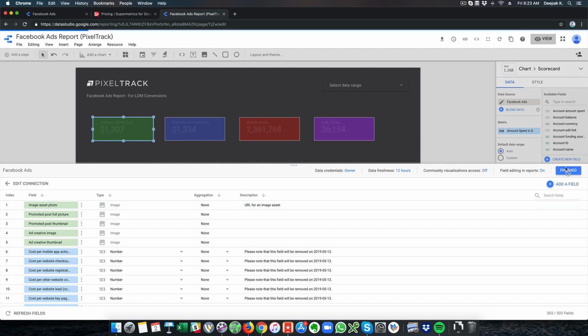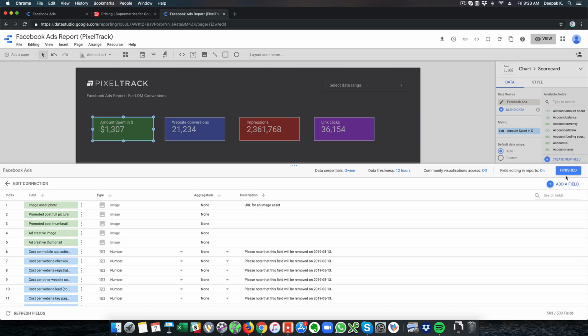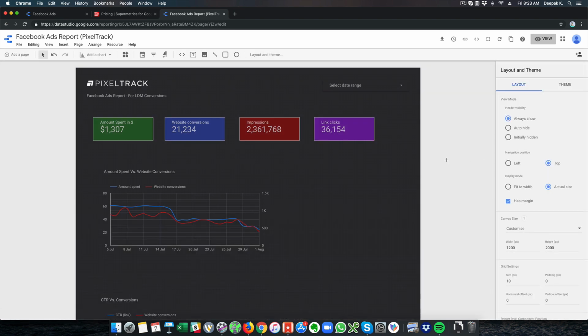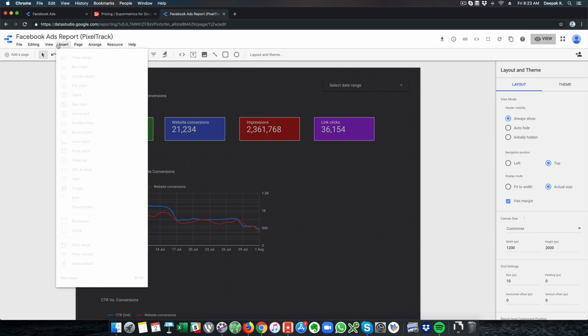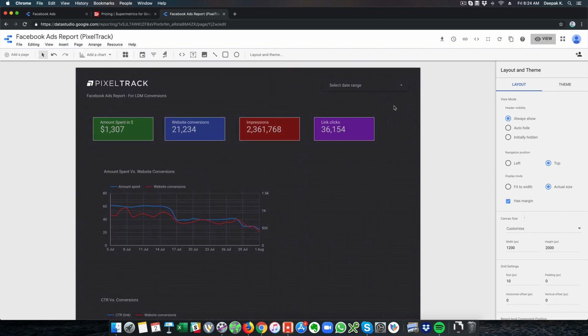But more about Google Data Studio, I'm planning to do it in the Google Data Studio Mastery course, which is planned for launch in a few months. And I'm also learning Google Data Studio. Whatever I have is what I have learned so far, but you have so many other options that you can add. You can have filter control, data control, which I have not got to yet. You can add tree maps, you can add pivot table and have it updated all the time. And even basic things, like show amount spent, website conversions, impressions and link clicks and things like that, you can go ahead and have automated reports as well.